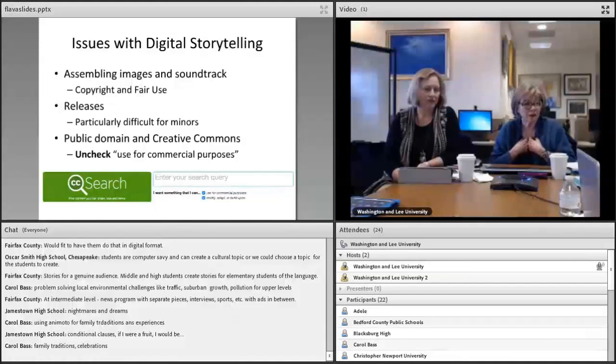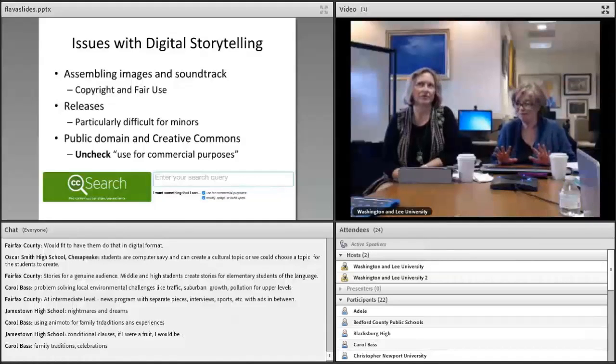But we have a lot of people who do digital stories about the use of Spanish in the community. They go out and tutor. You don't take images of the kids you're tutoring. They're minors. Parents have to sign releases.